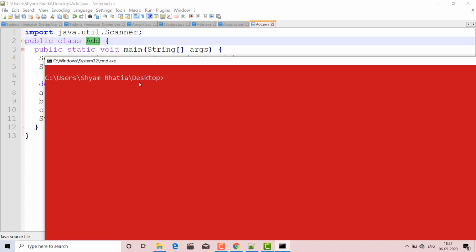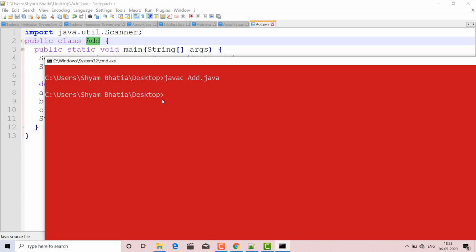Now the most important thing: you have to write this code, javac. javac is nothing but the Java compiler, and now write the name Add.java. It is your file name with extension. So you have to write javac space Add.java and hit enter. The bytecode is generating. If some error appears, then your code will not compile, and yes, here your file has been compiled properly and there is no error in this code.